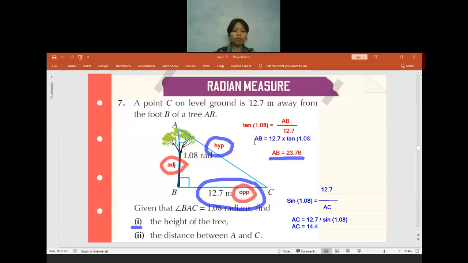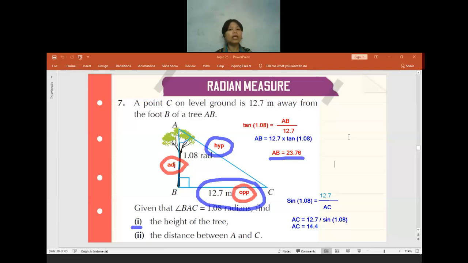Okay. Now, if you are getting confused about whether to do multiplication or addition: when the unknown one is at the top, like finding the AB, the AB is at the numerator, right? So it means to find the AB, you need to do multiplication. But when the unknown one is at the denominator, it means we need to do division. Okay.